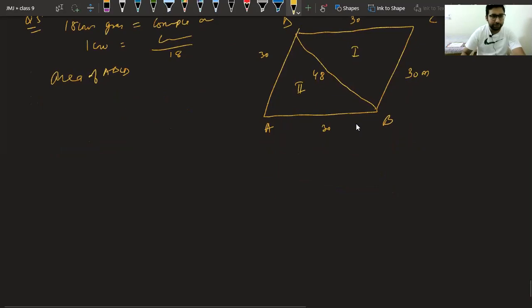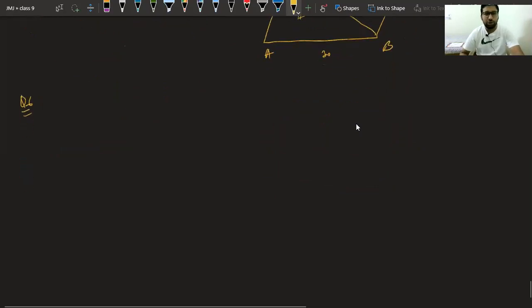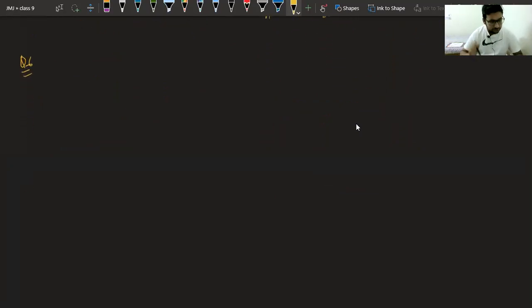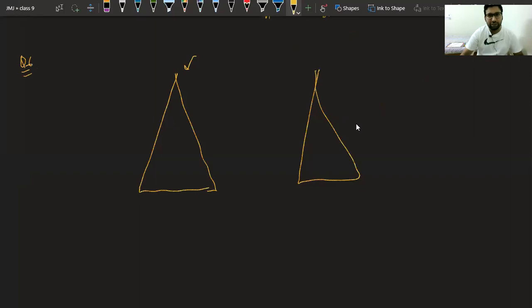Now question number 6. Again, I'm giving you a hint. Questions are very easy. You can solve them on your own. Question number 6. An umbrella is made up of stitching 10 triangular pieces. Very easy. You just take one triangular piece. In one triangular piece, if you observe, there are two different colors. One triangle is white, one triangle is of a different color, suppose red. The dimensions are given as 20, 50 and 50. We can find the area of one piece and multiply it with 5.